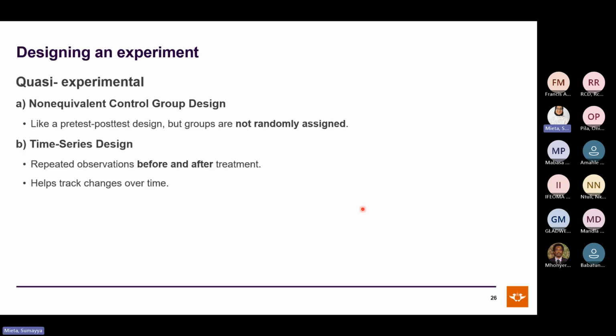Then the third type is the quasi-experimental. This is the non-equivalent control group design, where, like the pre-test, post-test design, we have the same design, but these groups are not randomly assigned. You specifically put certain individuals in a group because you want to see a specific outcome. Then the second one for quasi-experimental is the time series design, where you have repeated observation before and after